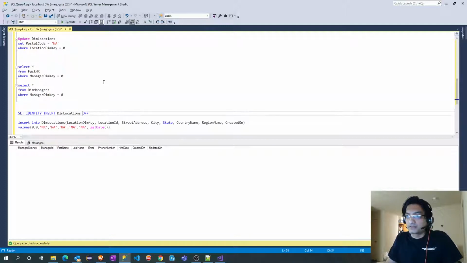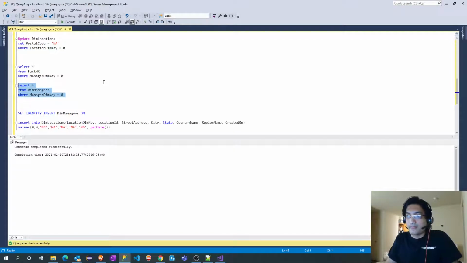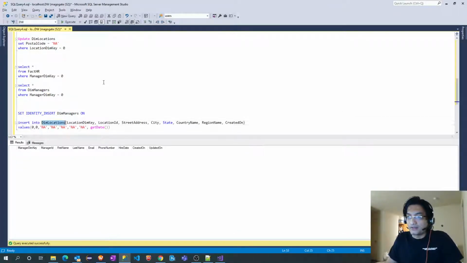So dim managers, I will change it to on, and here I will use dim managers and manager dimension key, manager ID, first name, last name. I will not keep anything null. Let's add default value everywhere. Employee name, phone number, and hire date, created on.